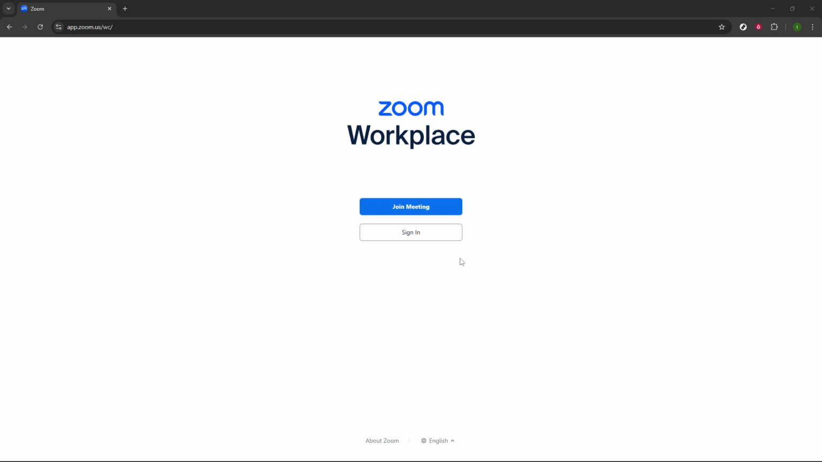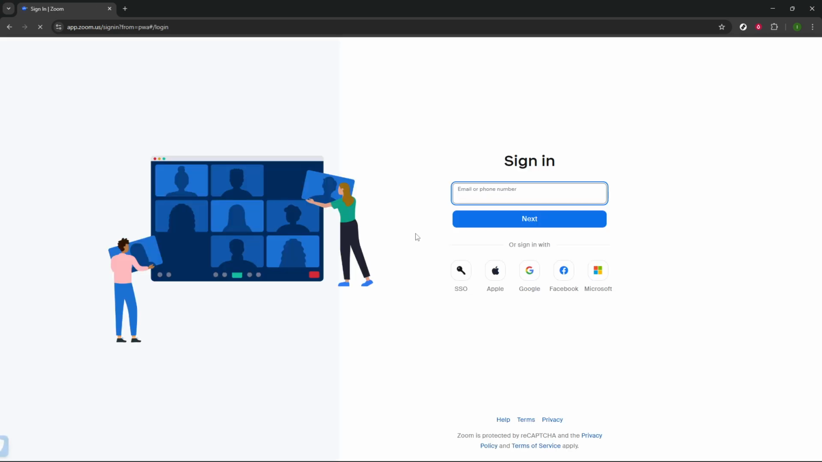Start by visiting the Zoom webpage on your browser. Once you're there, look for the Sign In option, usually located at the top right of the page, and click on it. This will direct you to a login page where you have several options. For convenience today, we're going to use the Google button to sign in. This allows you to connect to Zoom using your Google account, saving the need to remember another set of login